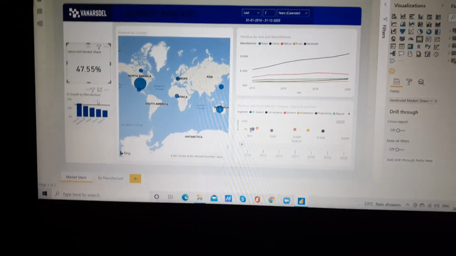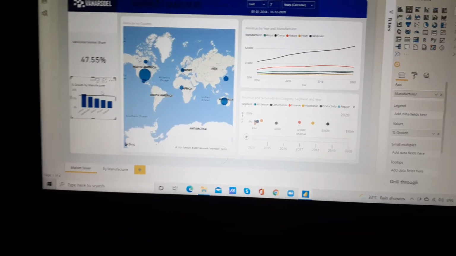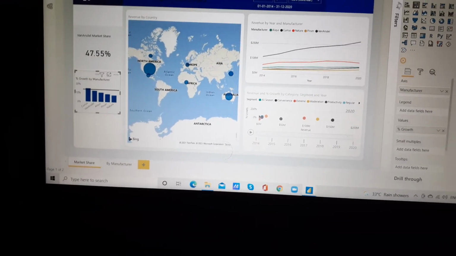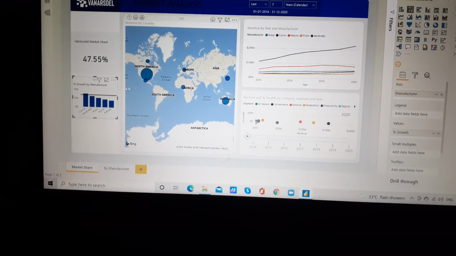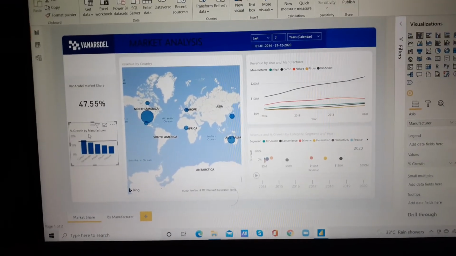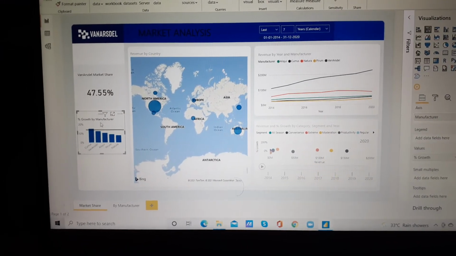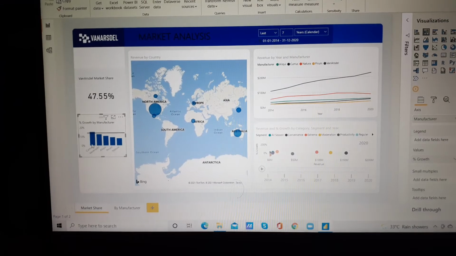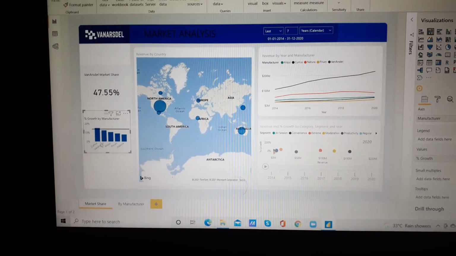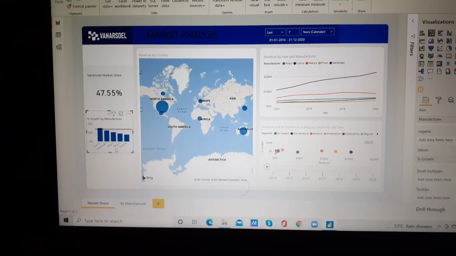Now I will come to this one, the stacked column chart. In this chart, we are seeing the percentage growth by manufacturer. What is the percentage growth for each and every manufacturer? We can see that here, right?